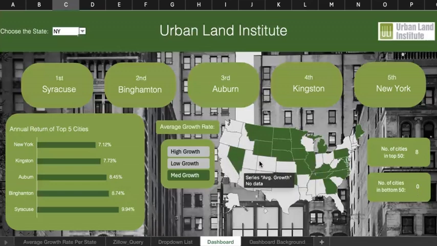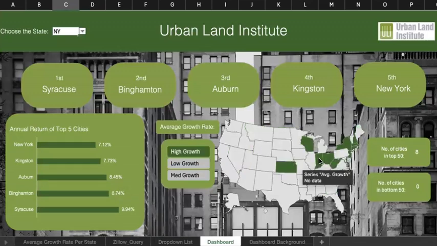And then a neat thing here in the middle, and this is all based off of average growth rate, is this map. If you go and click on one of these buttons, say high growth, for example, it'll take a little bit to think, but once it does, it'll highlight the states with the highest average growth rate across the cities in the data set, including New York, as we saw.